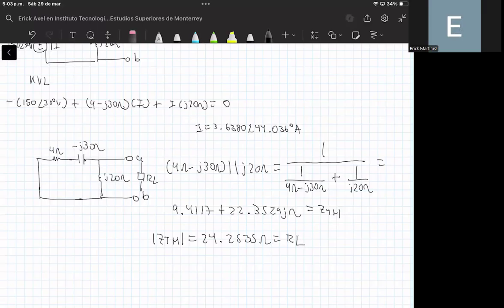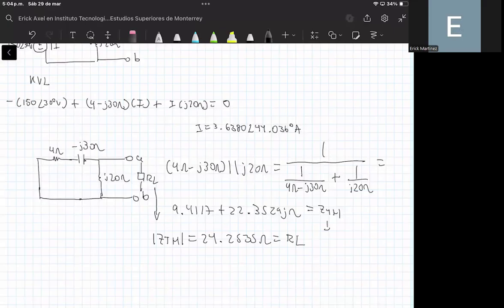So the magnitude of this Thevenin impedance is the value of the resistor that we need to connect between these two terminals in order to ensure maximum average power transfer. In this case, contrary to the previous example, we want to place here a purely resistive element. We don't want to connect a complex impedance, only a resistor. In the previous case, we were assuming that we wanted to connect a resistor in series with an inductor or a capacitor. But in this case, we only want to connect